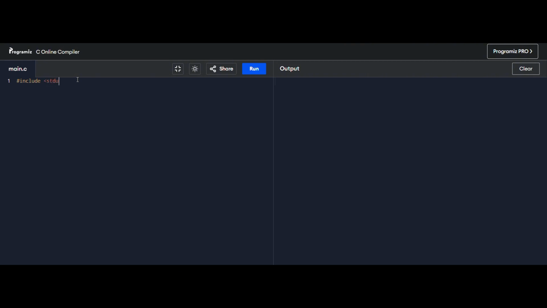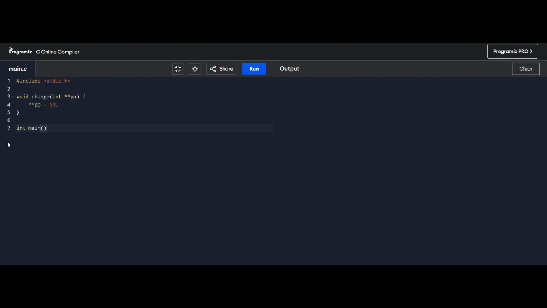The variable x is first created and assigned the value of 10, then the pointer p is declared to store the address of x. After that, a double pointer pp is created to store the address of the pointer p. This creates a chain of access in memory where pp points to p and p points to x.